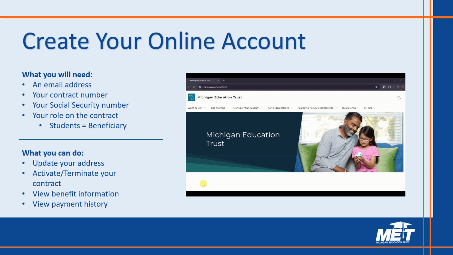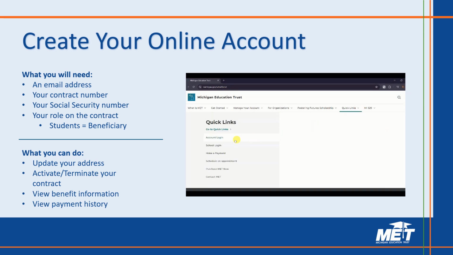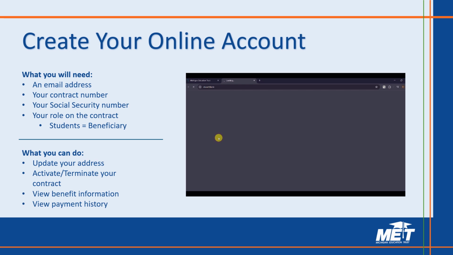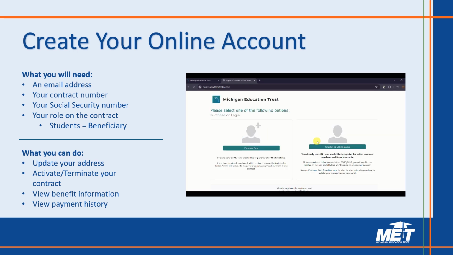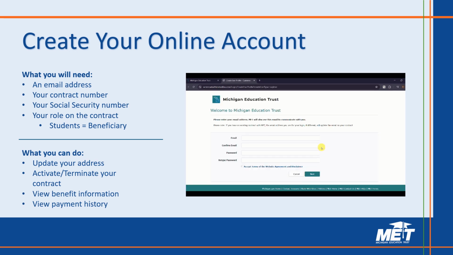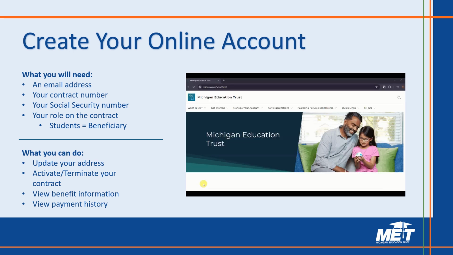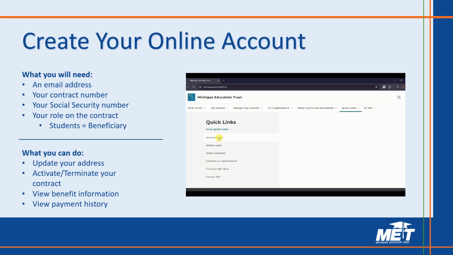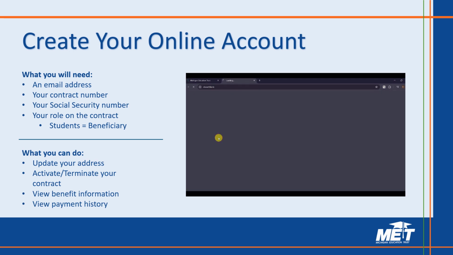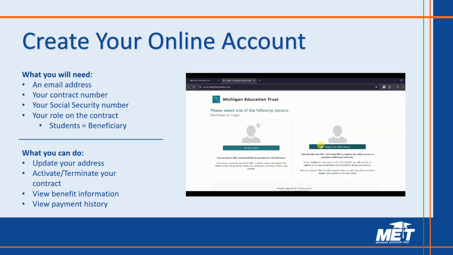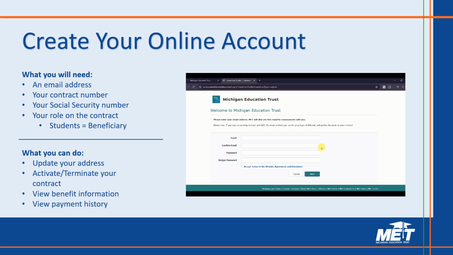You can find a link to the account login page on our website, setwithmet.com. Once there, click on the Quick Links menu option, then the account login link. On the login page, if it is your first time accessing your account online, you will want to click on the link on the right-hand side of the page that says Register for Online Access. If you have already created a username and password, scroll to the bottom of the login page and enter that